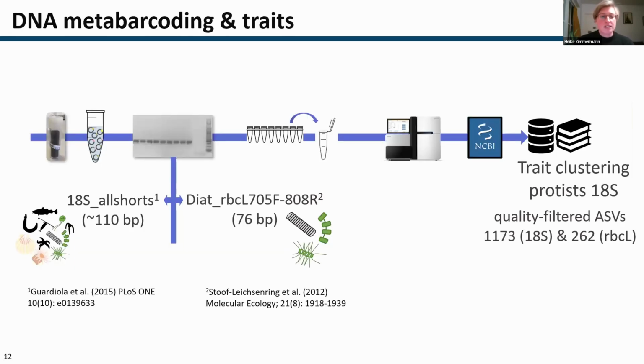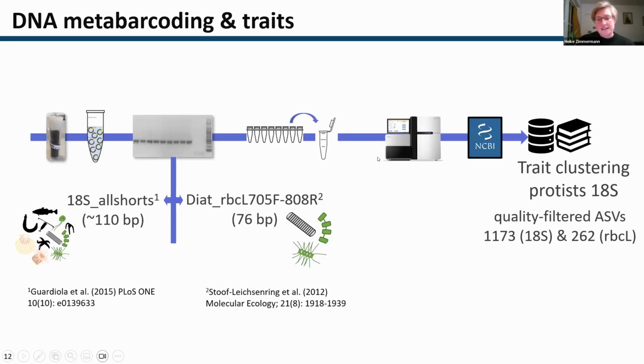The method I'm using here is called DNA metabarcoding, and for that I extract DNA first and then we use PCR. So now after COVID, I guess everybody is kind of familiar with PCR. And for that I was using two different markers. So instead of testing if somebody has COVID or not, I'm amplifying the 18S gene, that is a broad eukaryote marker, and a marker that is specific for diatoms based on the rbcL.